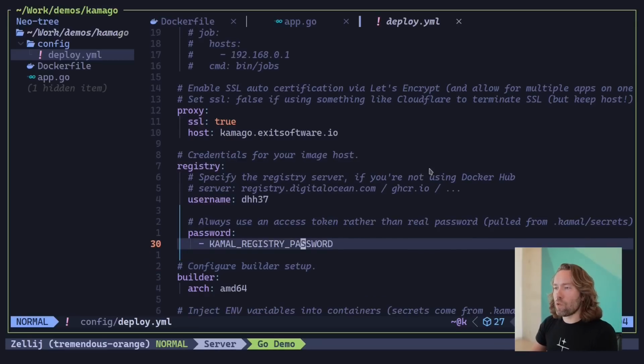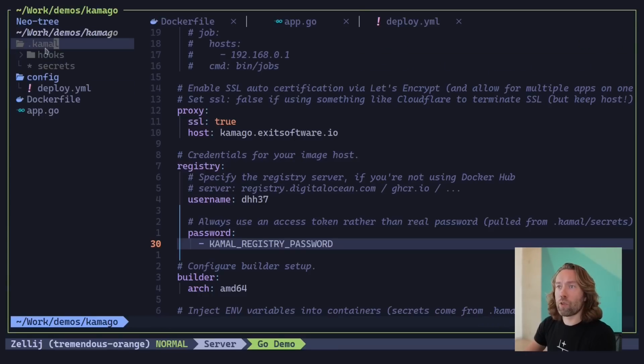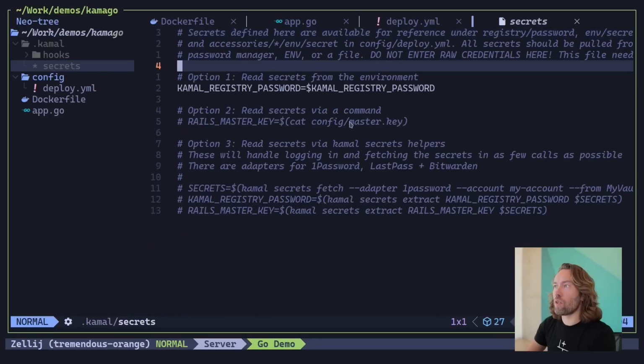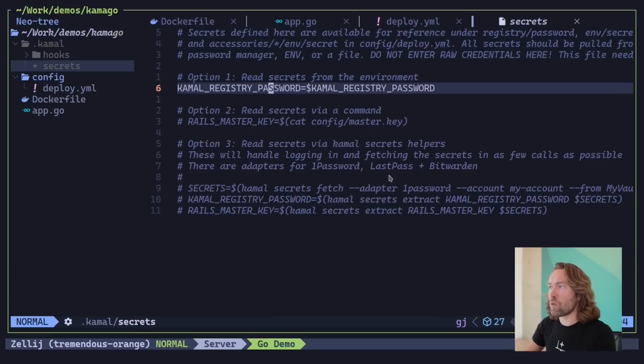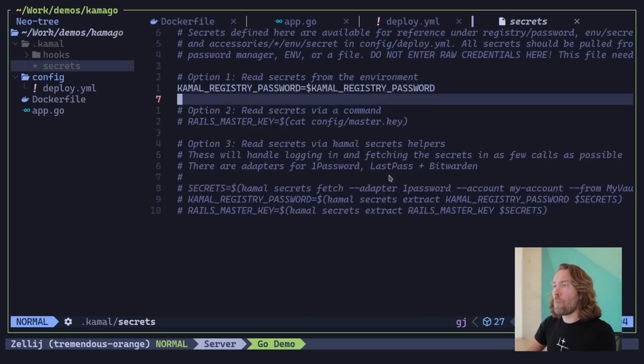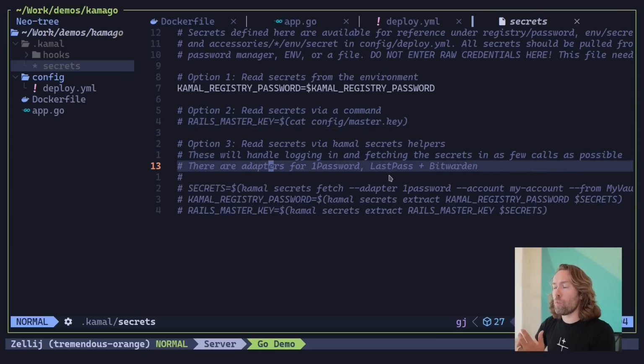Now, one thing you'll notice here is that the registry, of course, needs a password, and that password is being plucked out of the secrets. They're going to be here under .kamal, and you can see here under secrets. We have a bunch of different ways we can get these secrets to be available to Kamal. I'm using the very simplest, the default here, which is simply to pluck it out of the local machine's env. But you can read straight out of a file, or you can do what most people will do and what